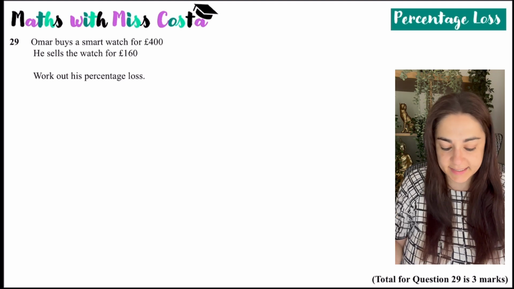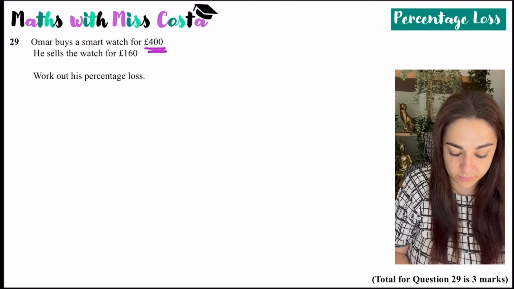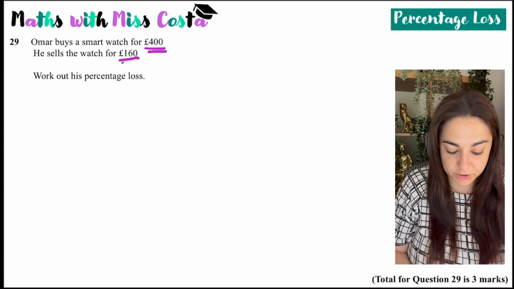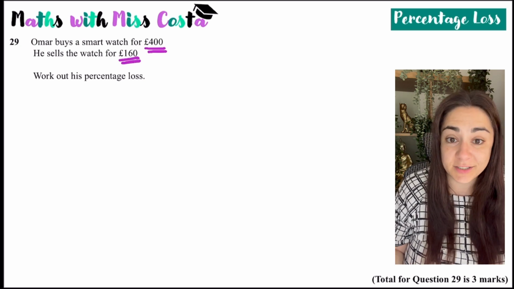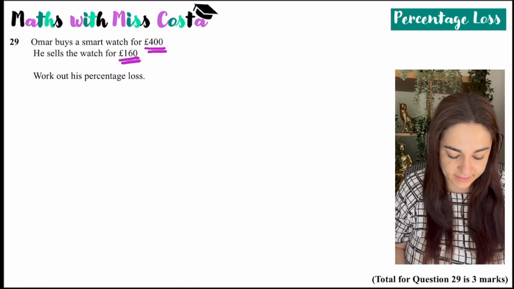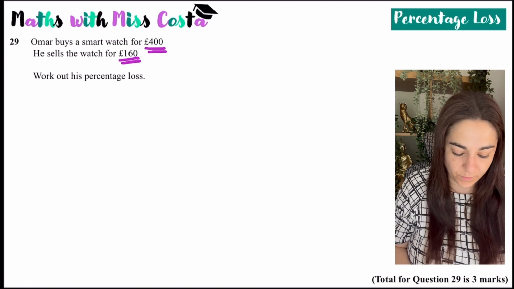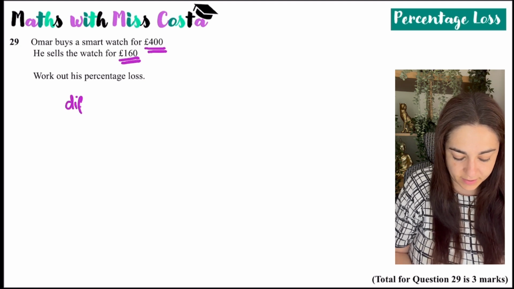Next, we've got a percentage loss question. So Omar buys a smartwatch for £400 and he sells the watch for £160. Technology generally depreciates in value, it goes down in value. So to work out a percentage profit or a percentage loss, what we have to do is work out the